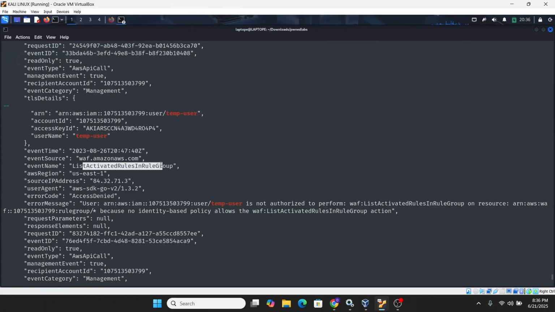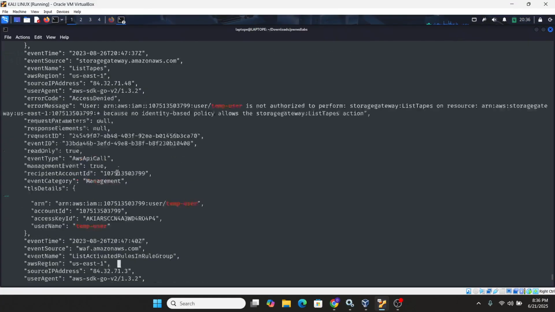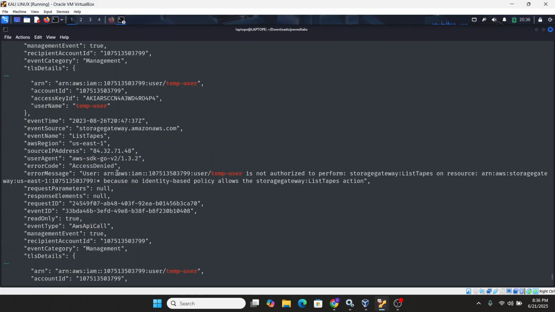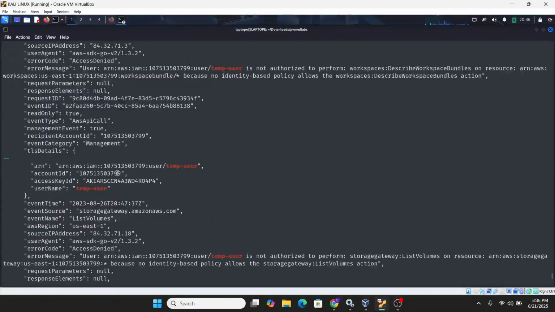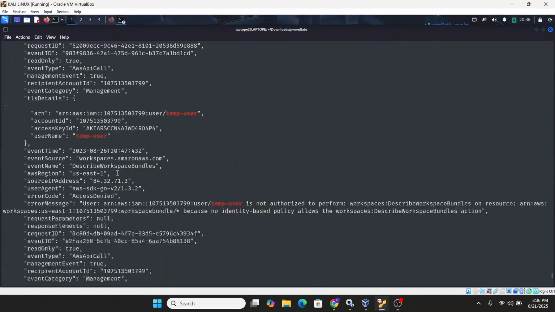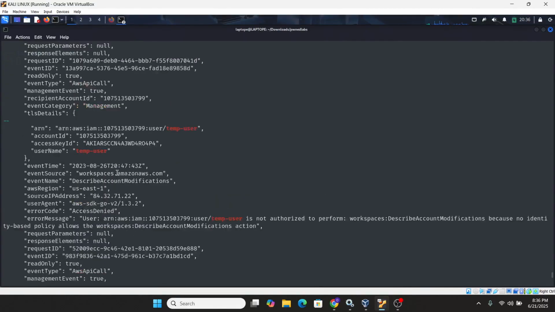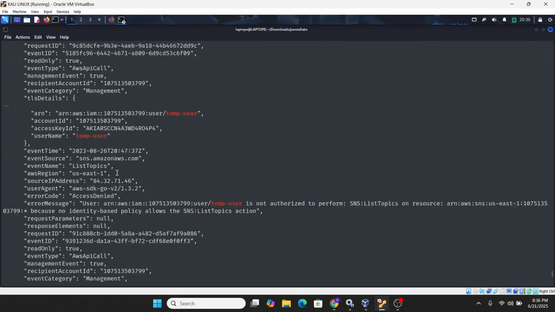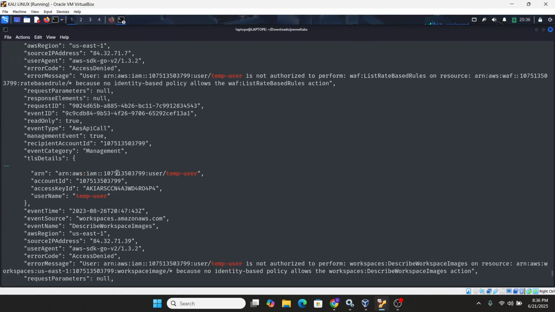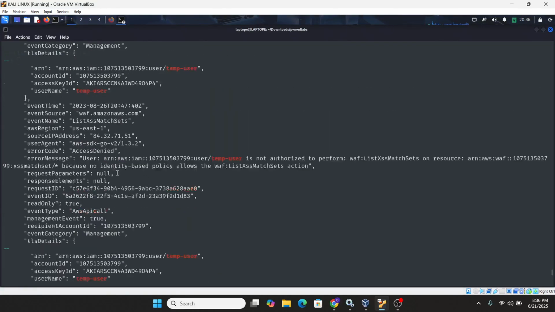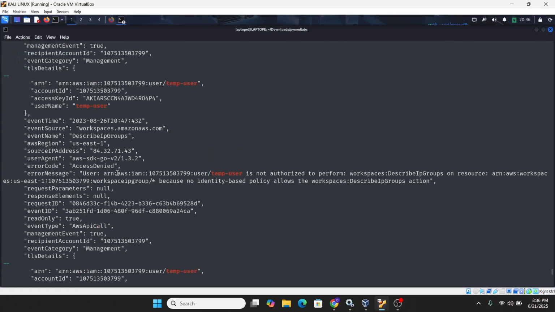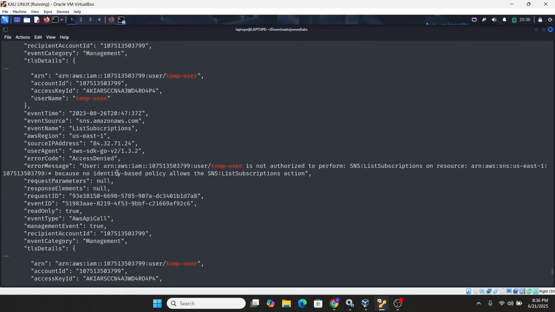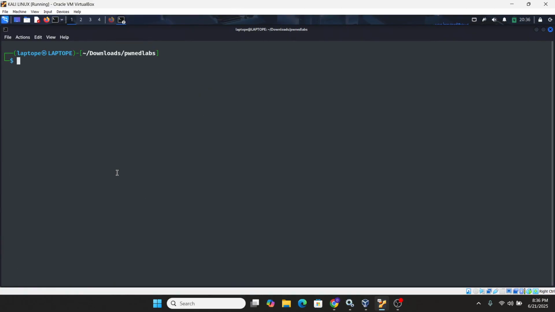This activated rules in rule group, a lot of things that the user was performing. So let's try to print out more.